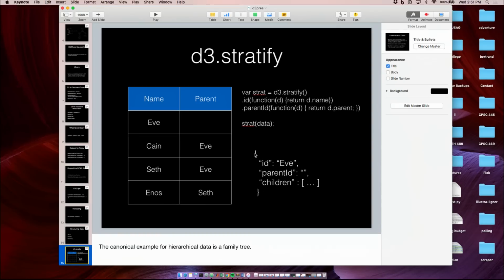We actually want to end up with something like this, where we have a JavaScript object with 3 keys: the ID, so the person's name, the parent ID, so who their parent is, and their children, which is a list of all of the nodes which have the parent of Eve. And this is going to be sort of recursive, right? So each of these children is going to have the same format. So it'll have their ID, their parent ID, and then their children,